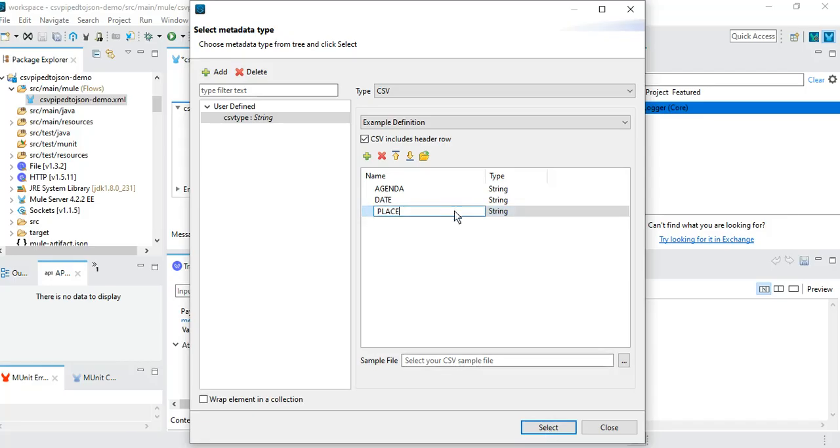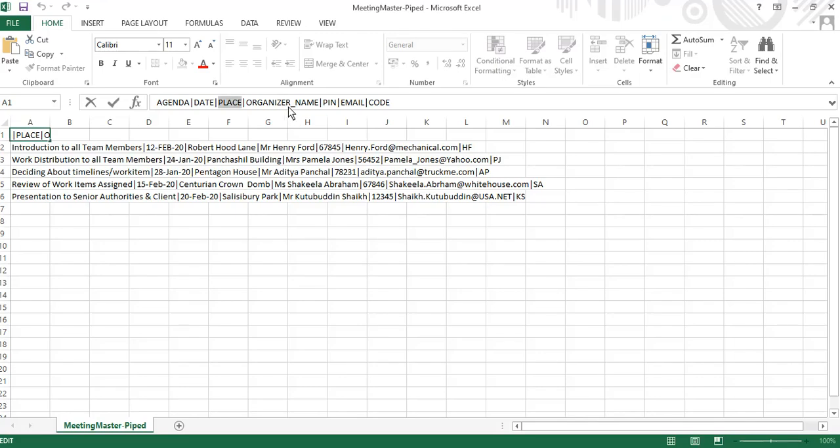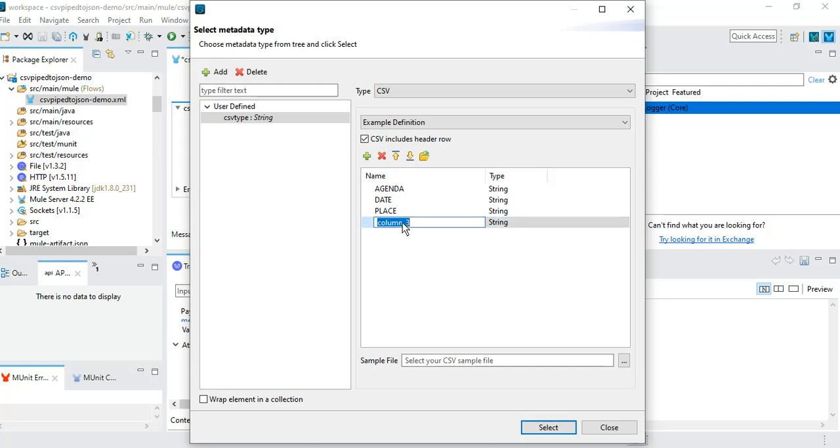Let me copy this, enter, then plus again. After place I do have organizer name. Let me copy it and put it here.